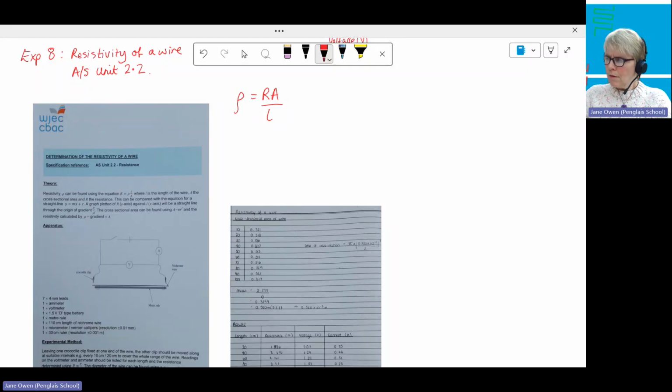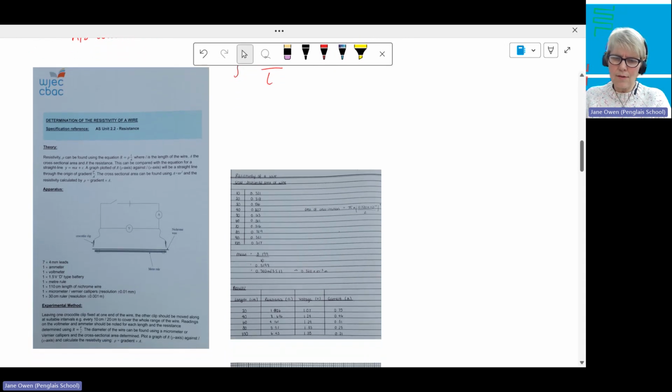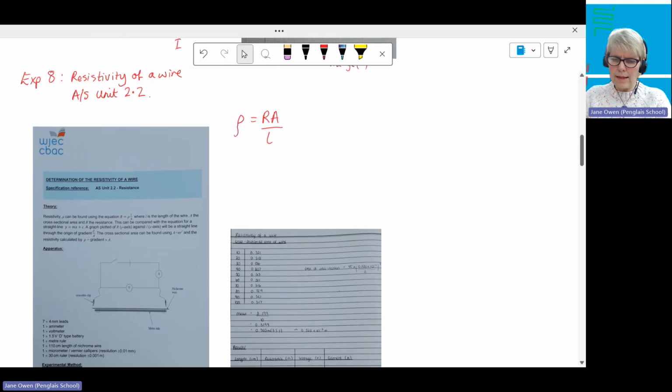Okay, so if we rearrange this, what we do in this experiment, we set up the standard circuit of an ammeter in series, a voltmeter in parallel, and we're doing it across a resistance wire, nichrome or constantan. We're going to vary the length of the wire, and we're going to measure the resistance of the wire by doing voltage divided by the current from the voltmeter and the ammeter. So we're not measuring the resistance directly, we're measuring the voltage, measuring the current, and we